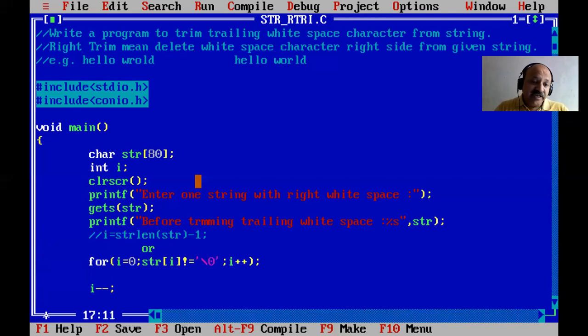So previously I did not take minus 1, so directly the while loop is false, and our original string is not trimmed, it does not remove the right side. So I think you have understood. Very often we can detect our error using the watch window. So here that is the same case. So we can detect what is the problem of this simple logic. So only the minus minus 1 statement is remaining.